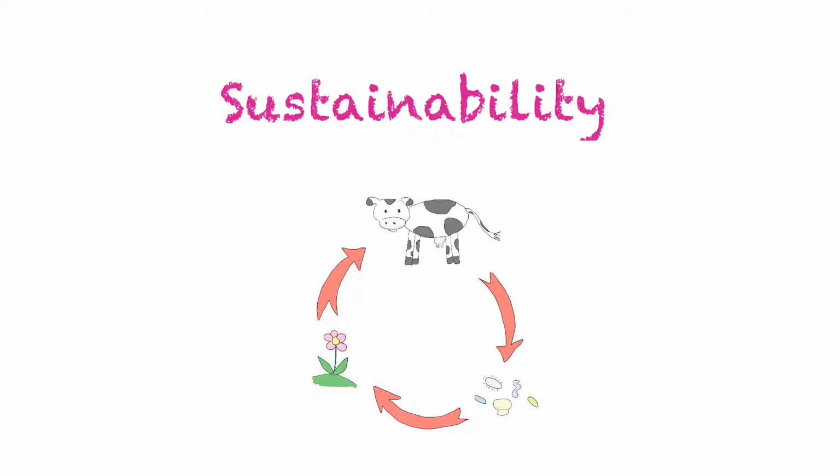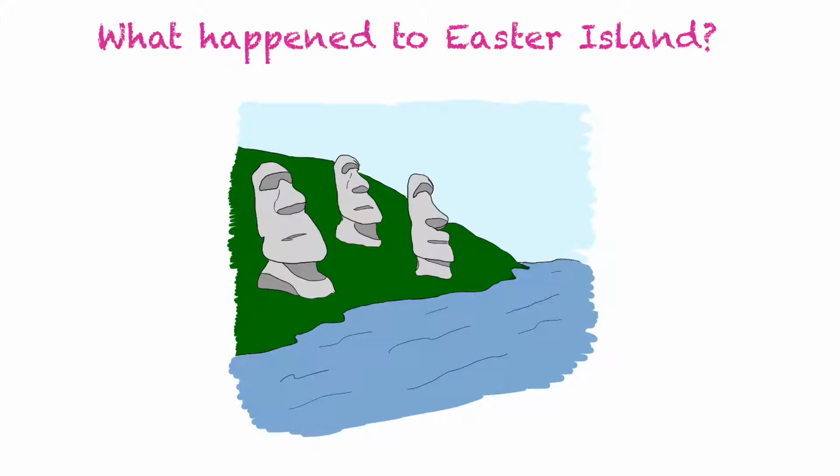In this video, we're going to learn about sustainability, and we'll learn how human activities can disrupt the sustainability of ecosystems. When we think of sustainability, it's a good idea to understand what happened to Easter Island so that we don't make the same mistakes. So, Easter Island was settled by a group of people from what is thought to be